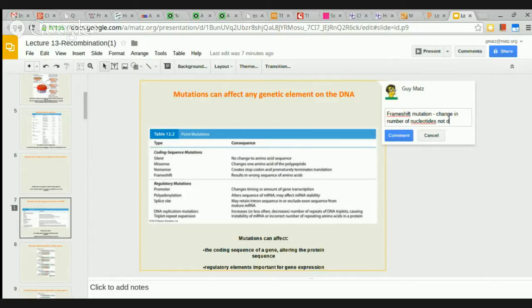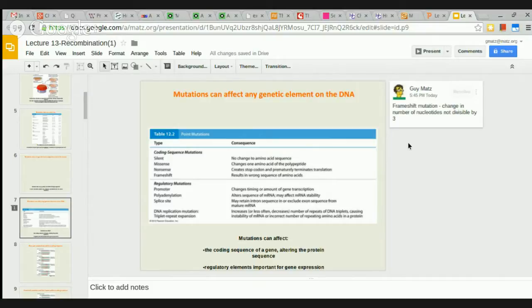We'll look at this in a few minutes. Now, regulatory mutations are anything but these types of sequences. Mutations in a promoter change, in a more general sense, the activity of the promoter. So you can, for example, mutate the TATA box, which would probably tend to reduce the activity of the promoter, or you could mutate, for example, an enhancer far away from the promoter, and that limits the strength of transcription